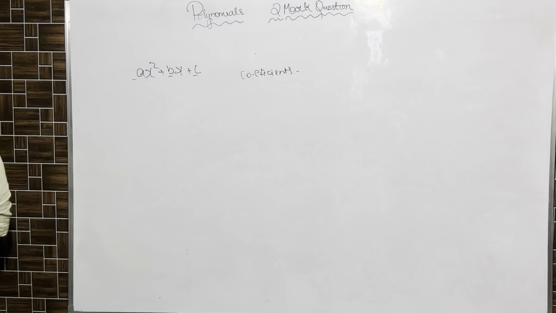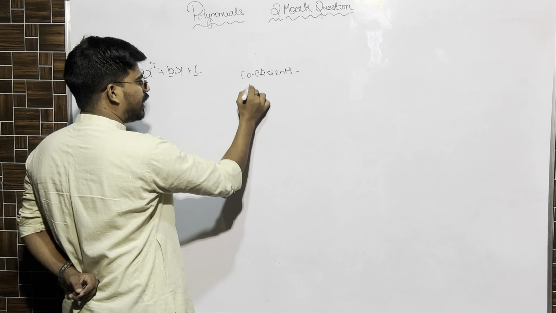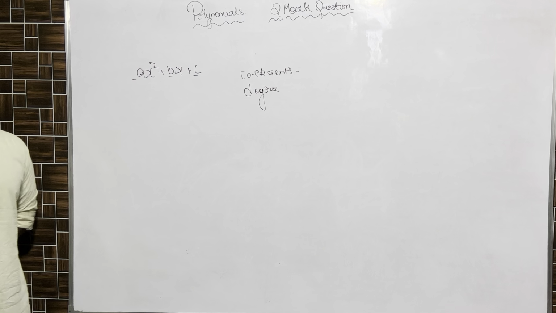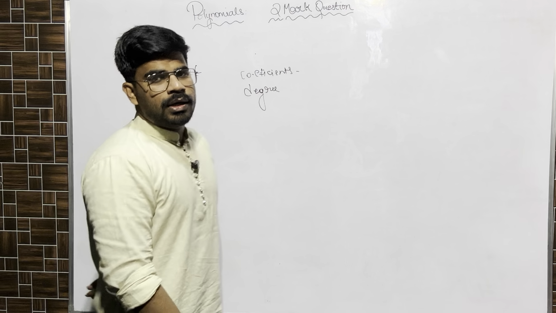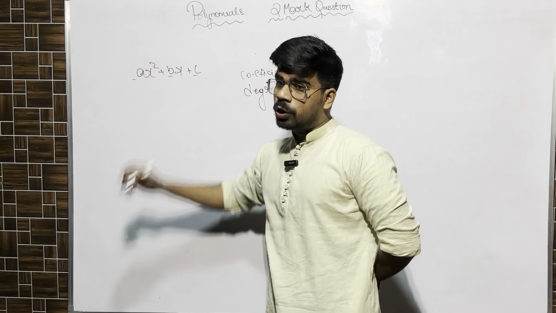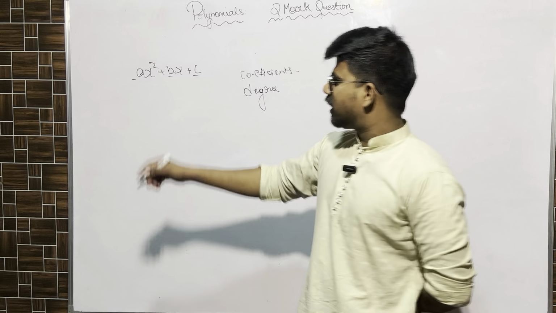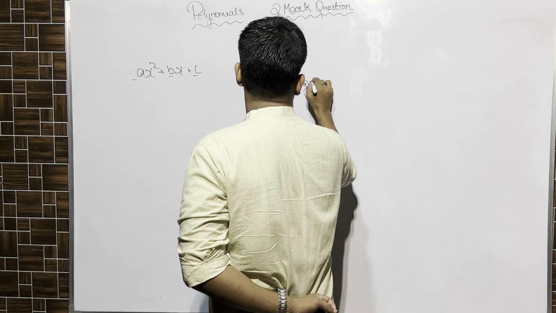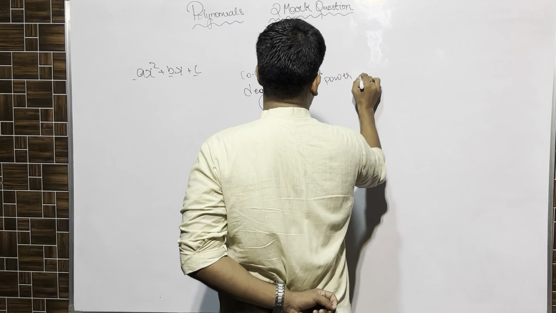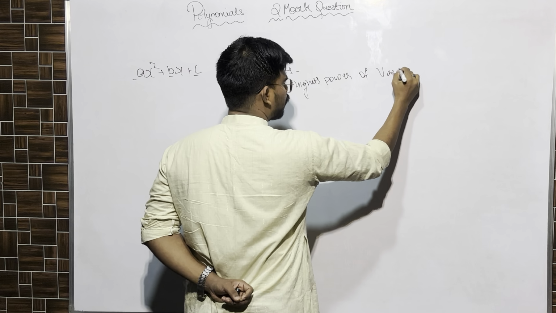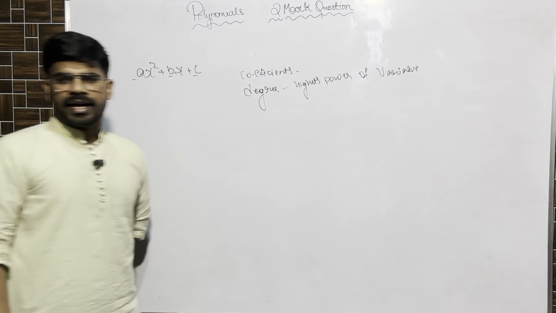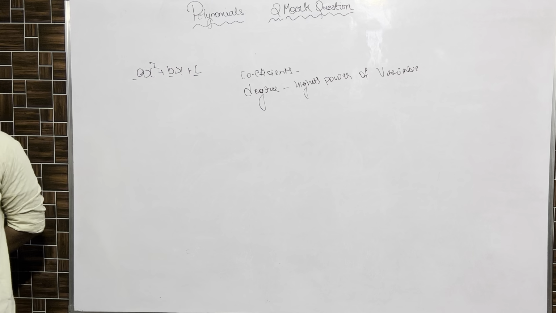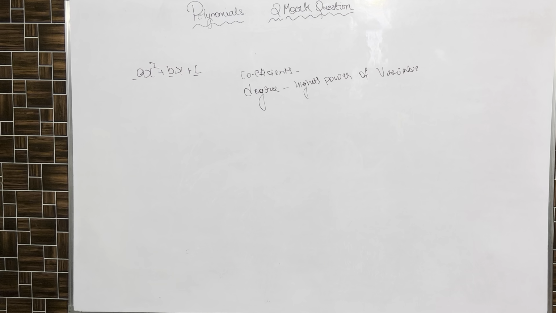Second thing that we'll discuss is degree. Degree is nothing but the highest power of the variable in the polynomial, whatsoever the highest power is. In this case the highest power is 2, so its degree is 2. The highest power of the variable is defined as the degree of a polynomial. Next, the constant term: the last one, a number without a variable, x or y, whatsoever the variable is. That is called the constant term.